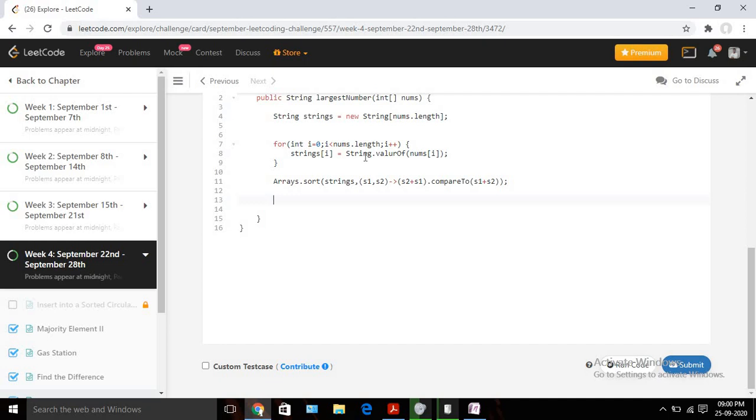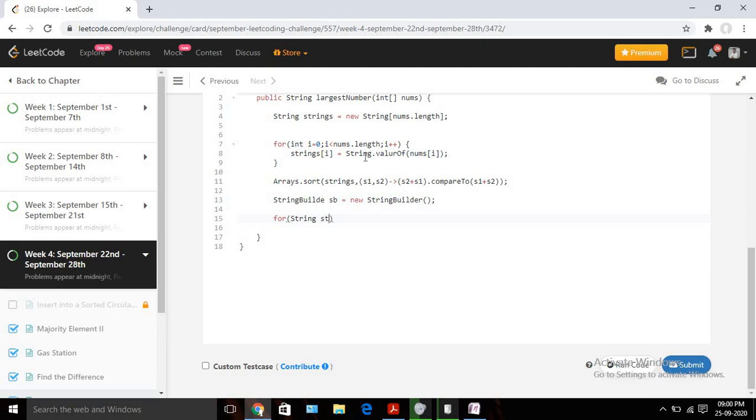Now our array is ready and it contains the sorted string array. Now we can easily use one StringBuilder, pick each and every string and append it. Since in Java a string is immutable, we are going to use StringBuilder here. So let's declare one StringBuilder first. Now we can run another for loop.